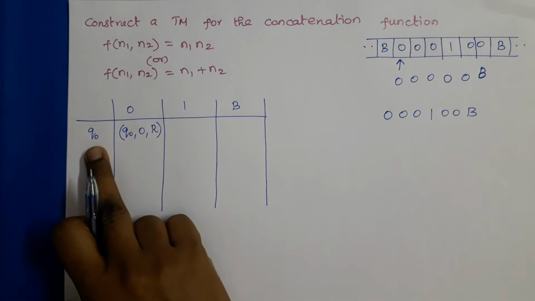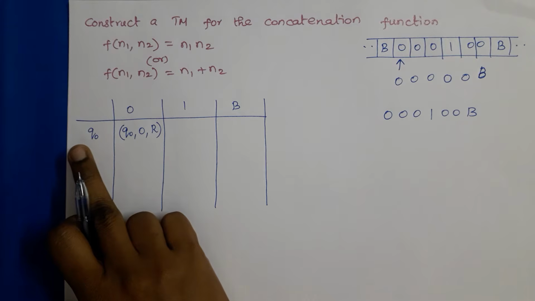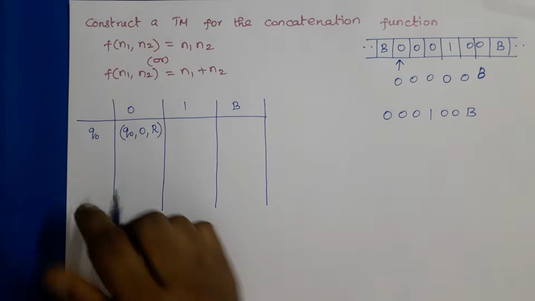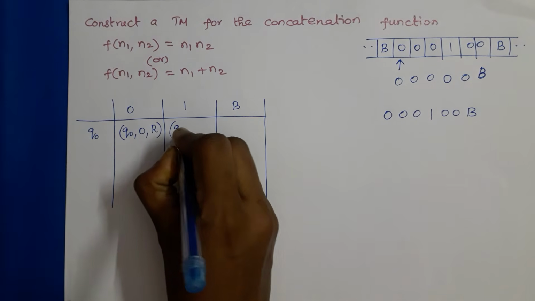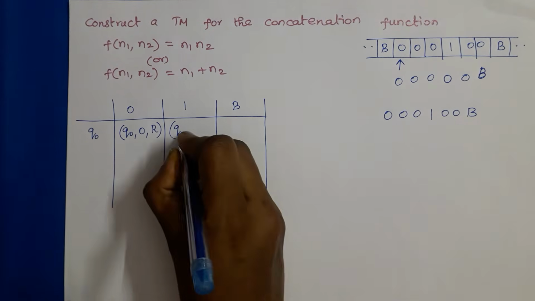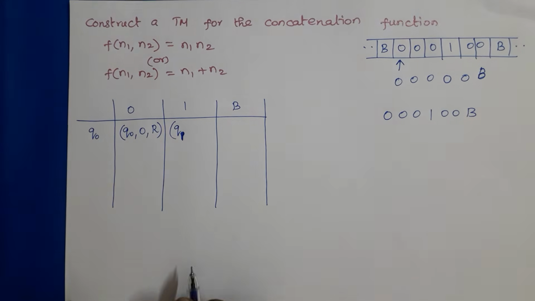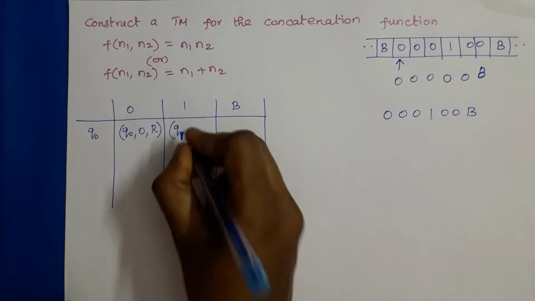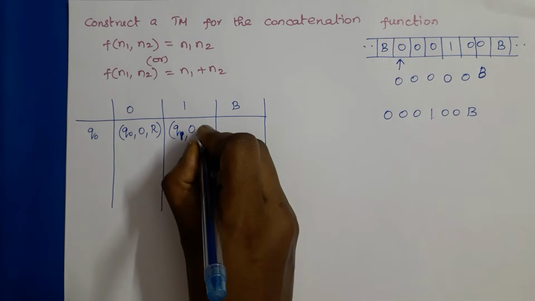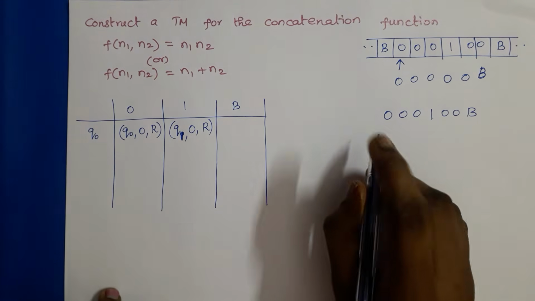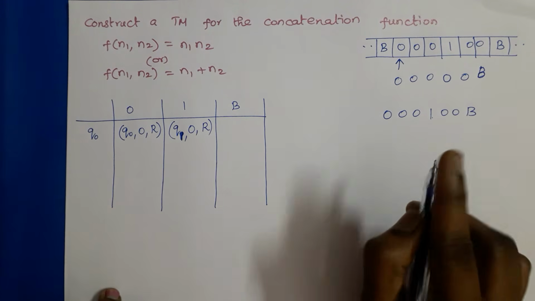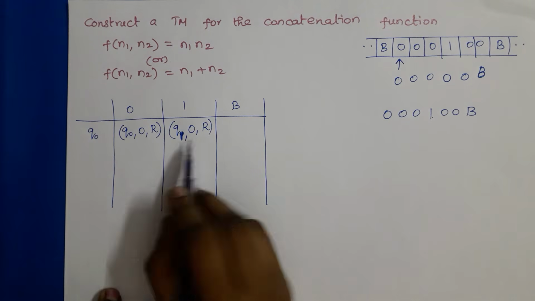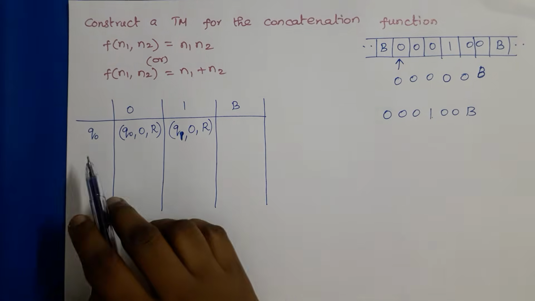So in state Q0, our current state is still Q0. In state Q0, the next symbol is 1. The state must be changed to Q1, and 1 should be replaced by 0, and the move is right move. Okay, so if we want to perform a single operation, single operation means change state to the next state, otherwise we will remain in the same state.